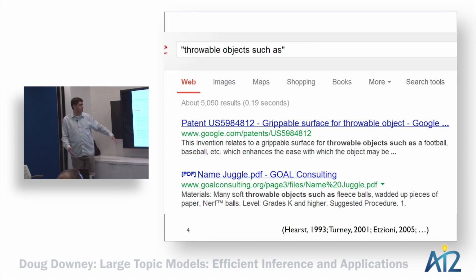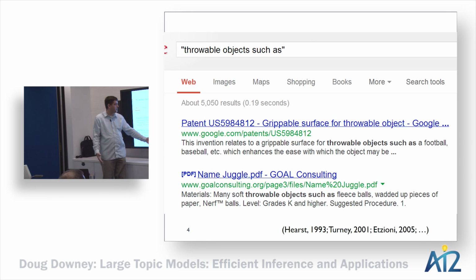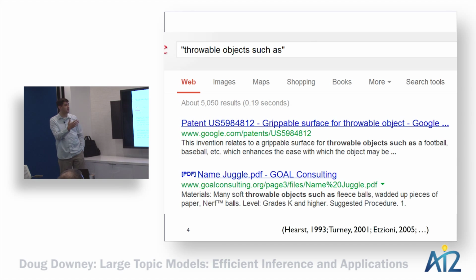So this approach can immediately allow us to arrive at hundreds of throwable objects, and a bunch of systems were built to exploit this intuition that there are certain phrases where the semantics is actually very easy to interpret. If we use something like the web, we can actually get great power out of this. So it's easy to immediately arrive at hundreds of things that can be thrown without really doing a lot of reasoning.